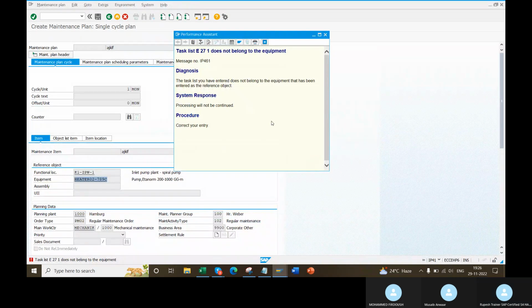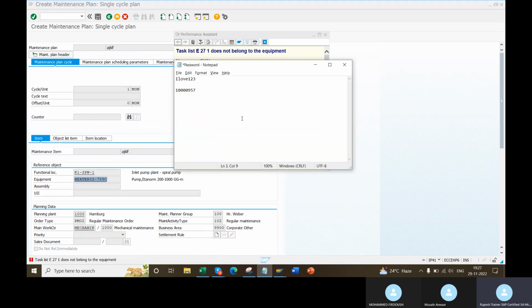Anwar and Muhammad, clear on this or any questions here? But a general task list is not like that. For a general task list, for example, your mobile charger cable, the maintenance is the same, right? But if you come to the mobile, the maintenance or repair you are going to do may differ because the software differs, the functionality differs. Am I right? So that will be an equipment task list. If you are creating a task list for a particular mobile model, only for that model can this task list be used. Any questions on this?